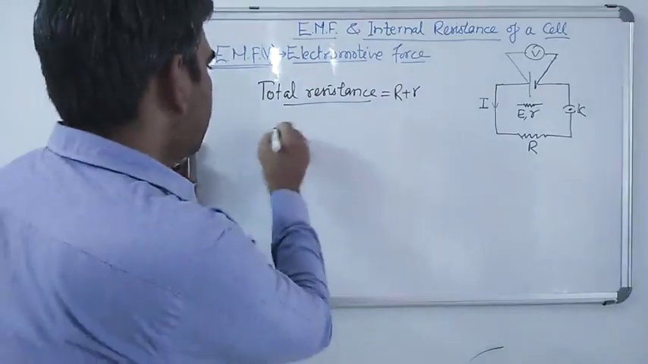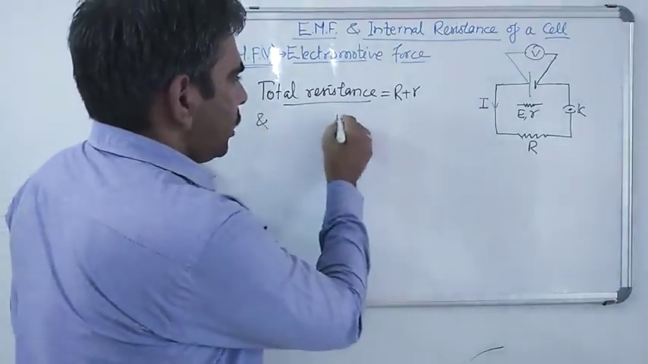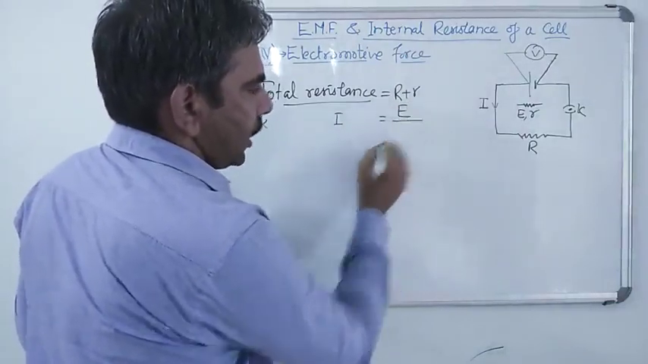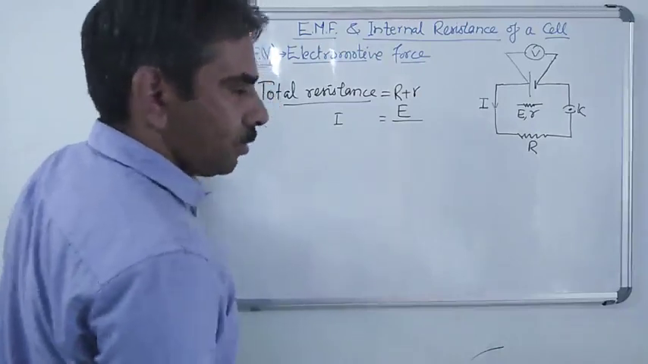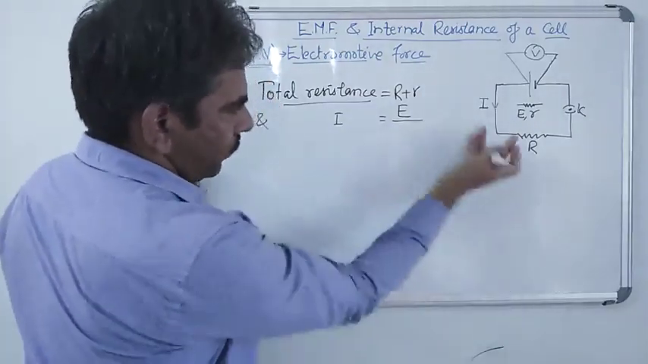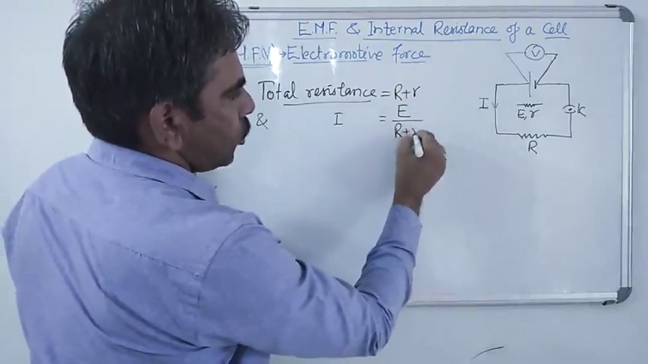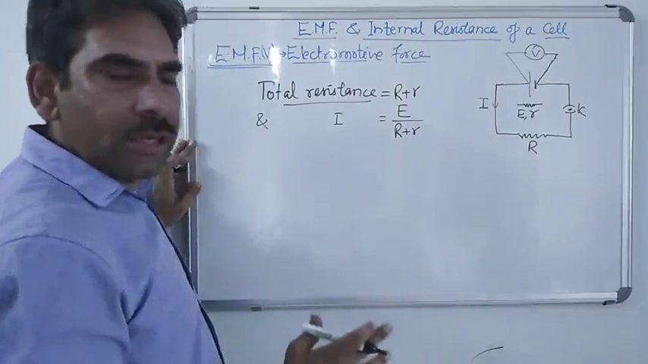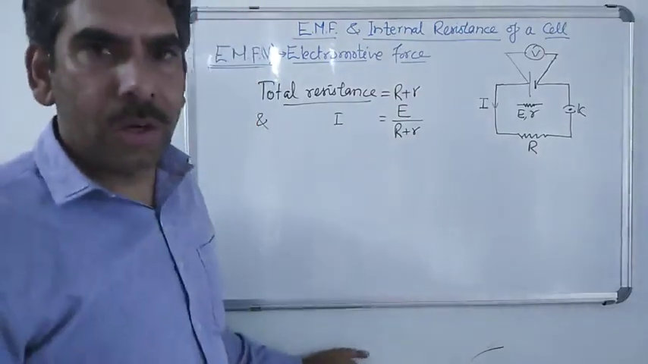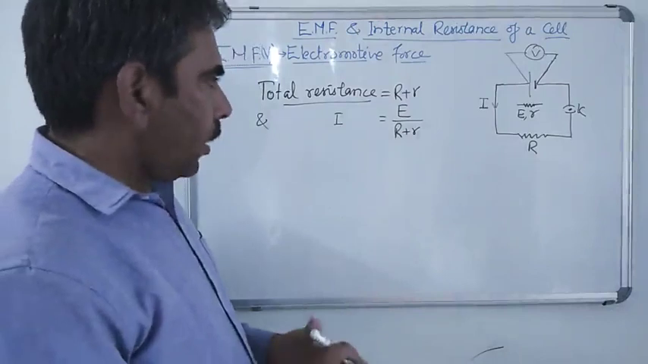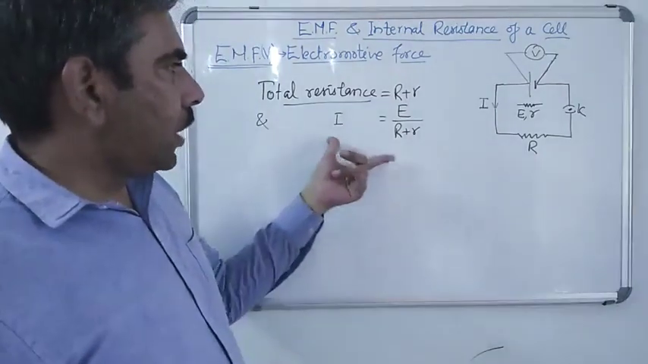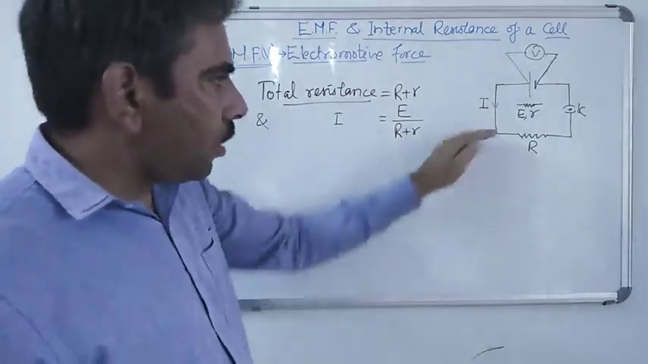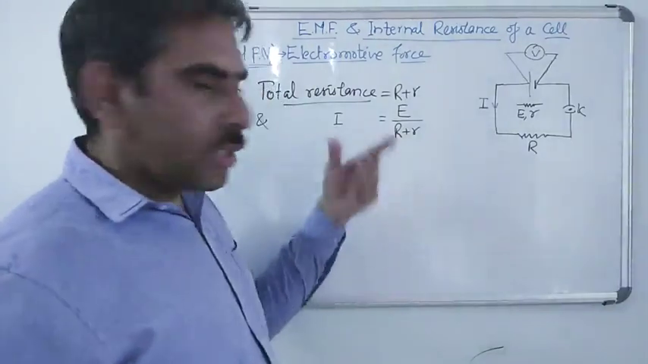And the current through it is given by the EMF of the cell, which was the maximum potential difference across the terminals of the cell, divided by the total resistance of the circuit, which is R plus small r. So this is the potential difference divided by the total resistance of the circuit. This is in accordance with Ohm's law. Here this is the value of current and this is the total resistance of the circuit. Now because the current is drawn from the circuit, the value of which is given by this equation,